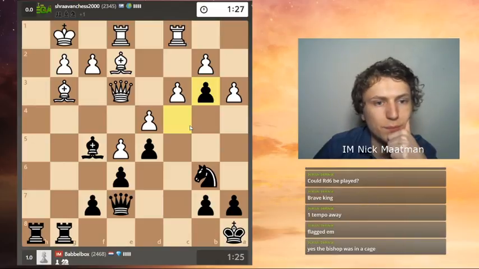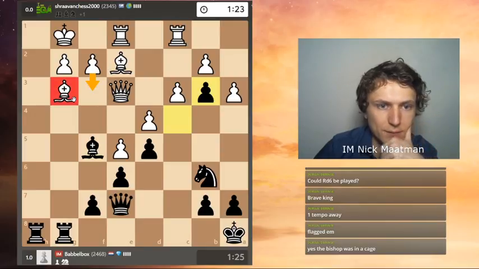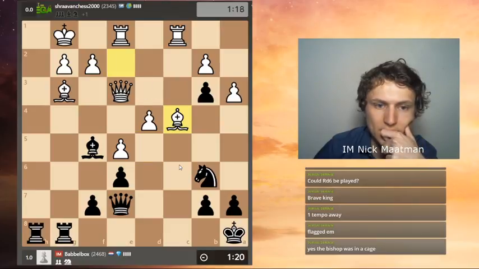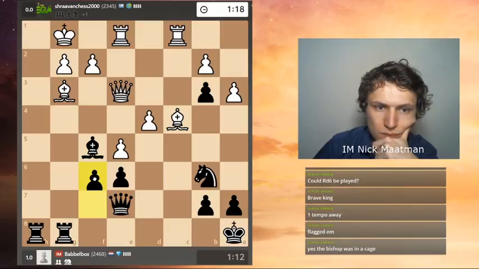Ah, but f3 was not possible. What am I doing? Yeah, I probably missed a win. Because f3 and then the bishop on g3 is just hanging. But okay, this shouldn't be too scary either. Okay, we can play f6, but now he has king f1 as a resource. Okay, but let's play f6 anyways. So